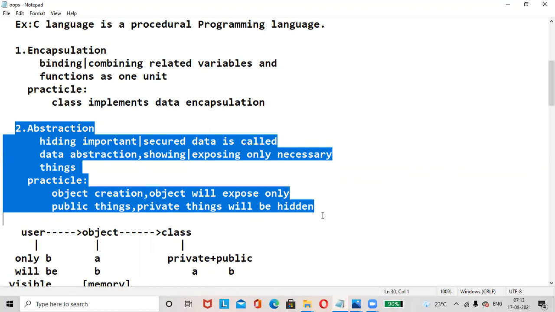Suppose we have a DVD player. If you press the play button, the song starts playing. If you press the stop button, the song stops. We don't know the internal mechanism of the system. The internal mechanism of the system is hidden from the end user.